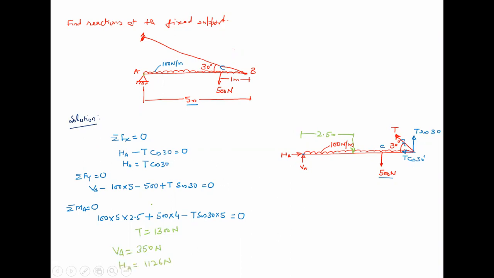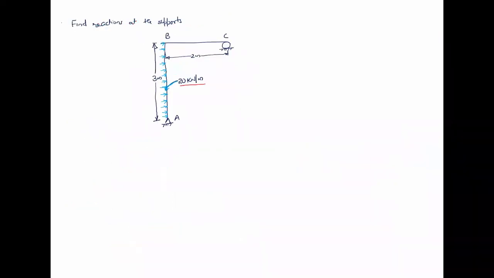So these are your reactions. Good, your solution is completed. Now I have one more equation for you. Here the question is different, because the UDL is not producing a vertically downward force, but this UDL is producing a horizontally rightward force. So this is the method to denote a UDL which is producing horizontally rightward force.